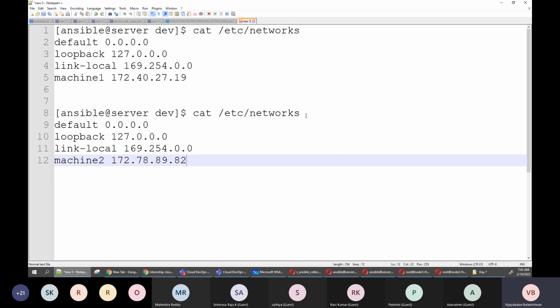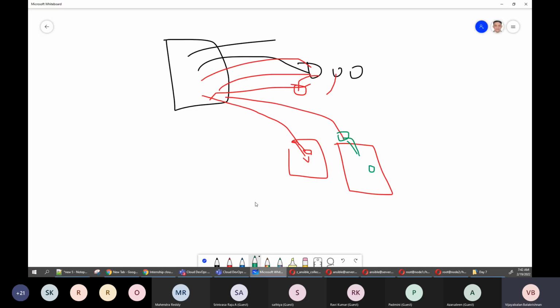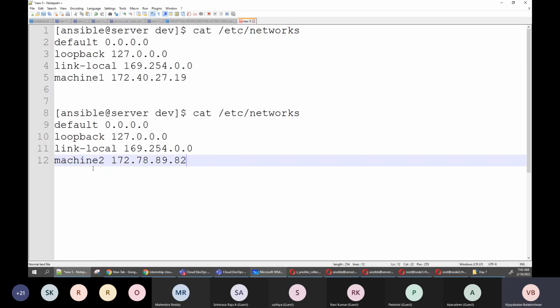But you have only one file, and that file you are trying to copy everywhere. You have 1,000 machines. So while copying to each machine, this parameter has to be changed according to that machine. Maybe this looks very simple, but actually if you don't have a proper tool like Ansible, it's going to be really a nightmare. So how many of you get into this situation?